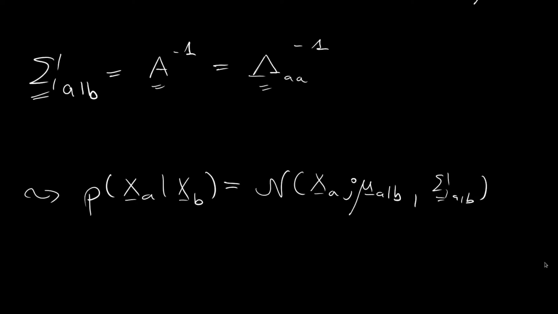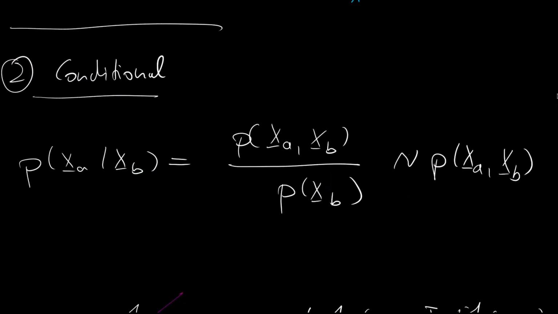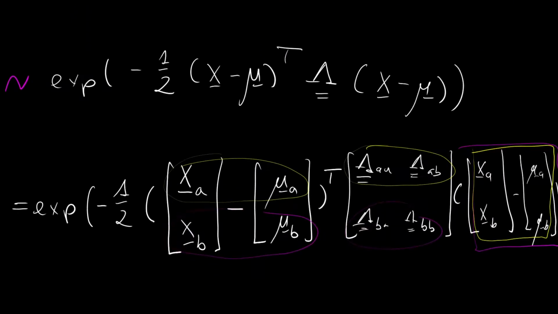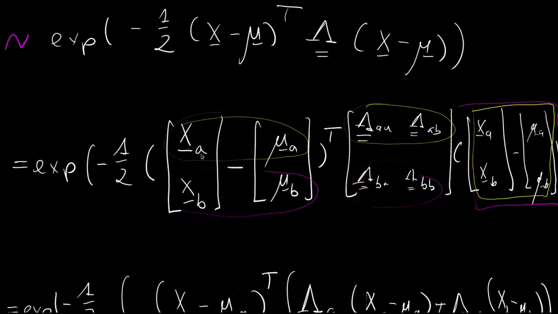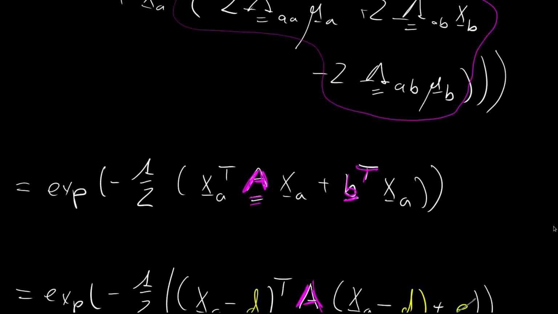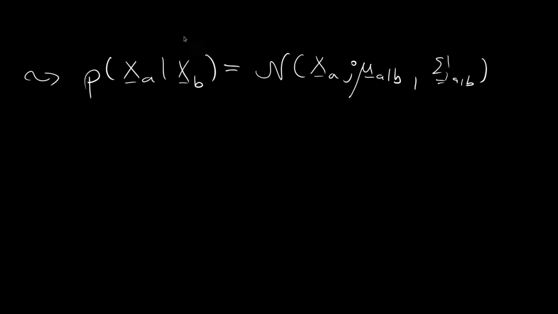And since this was probably a bit quick, let me quickly recap what we did. We started off with the proportional on the conditional, and then we wrote down the functional form. We ignored all the normalization constants, and then we did some derivations in which we subdivided our vectors into the contributions by XA and XB, as well as for the matrices. And with some completion of the square, we then arrived at a form where we could identify the covariance and the mu vector,